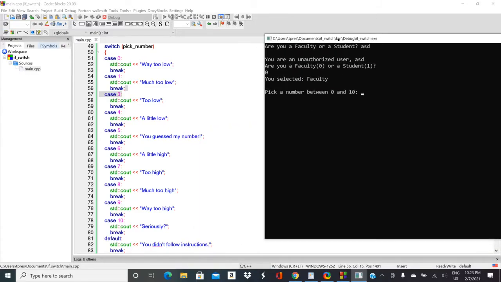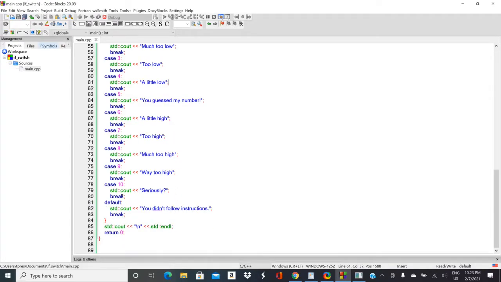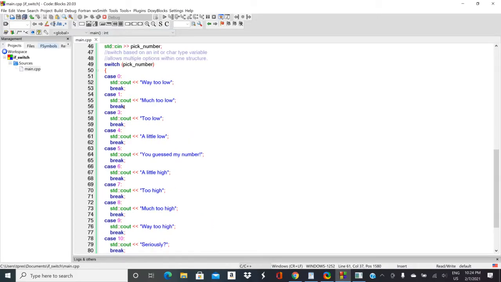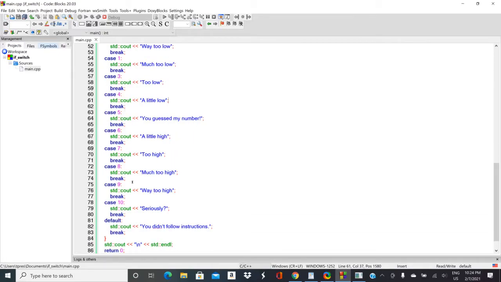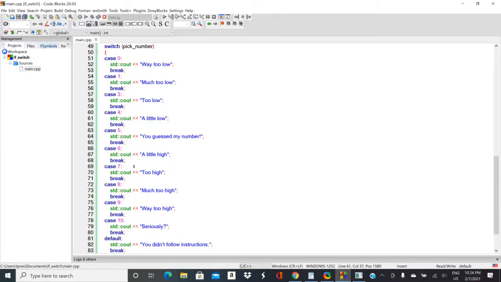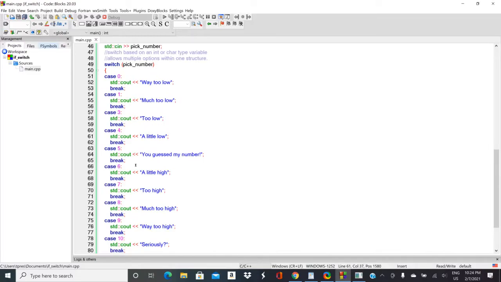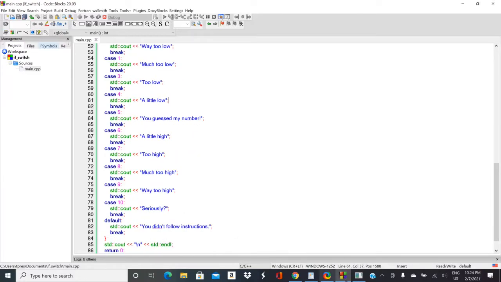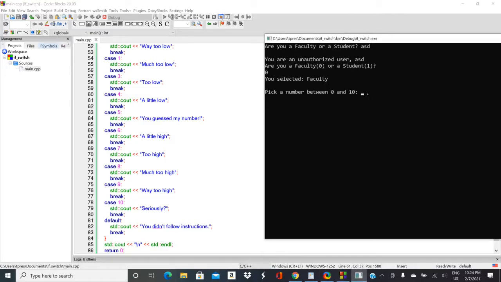So here we are back at pick a number between 0 and 10. Let's look down here and see, well, what if it's not any of these cases? If it's not any of the cases that we've done, and it doesn't matter whether it's below 0 or greater than 10, or even if we missed a number in here, if we type in a number that's outside of these, it's going to go down and run the default case. So if I try typing in 56, it runs this default case,